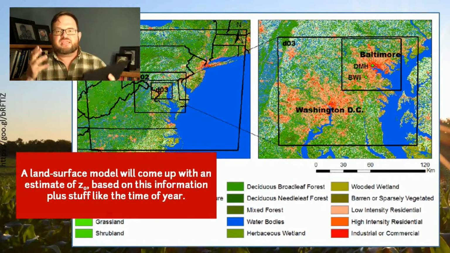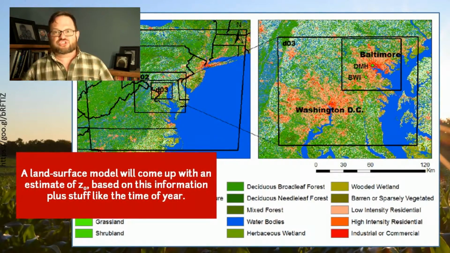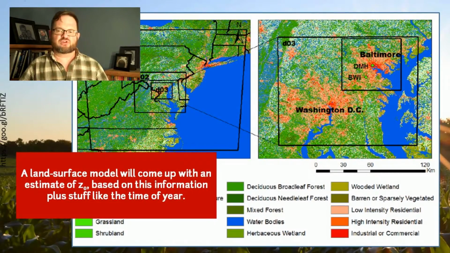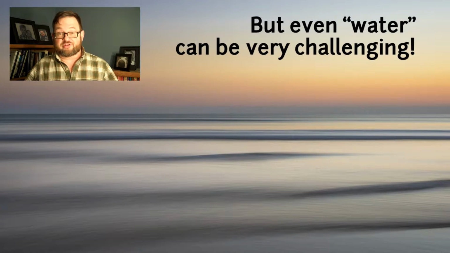Oh my gosh, it can become basically infinitely complicated to be thinking about the roughness associated with the surface. Good thing we've got the oceans, where the oceans are just water, right? Surely we can just look at the water and say, this is going to be pretty straightforward, we'll have a very low roughness value. The answer is no. Even over open water, this idea of the roughness of the surface can become incredibly challenging.